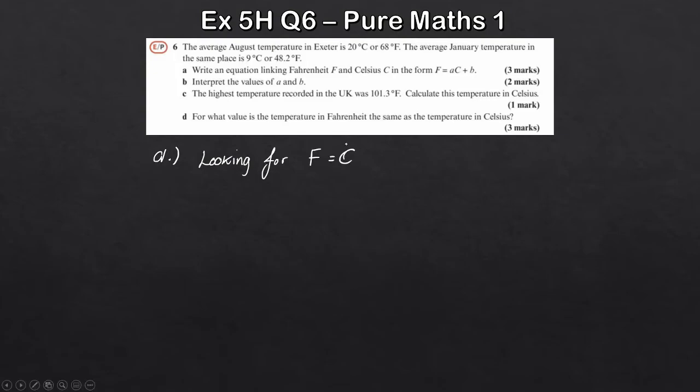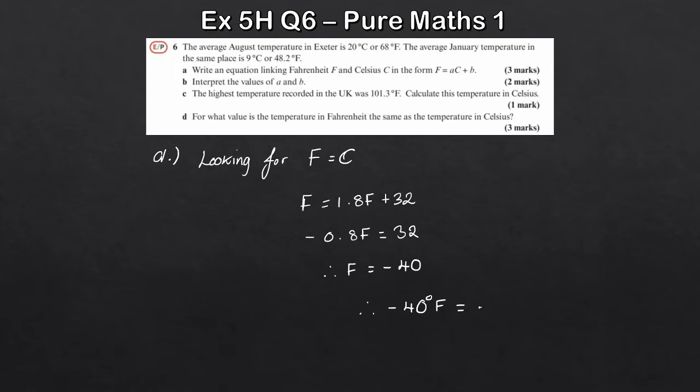So F equals C. So in other words, I can rewrite my equation here. So F is equal to 1.8F, if C is equal to F, plus 32. Okay, and again, all we need to do is just solve for F here. So this gives me minus 0.8F is equal to 32. Dividing through by minus 0.8 gives us minus 40. So therefore, minus 40 degrees Fahrenheit is equal to minus 40 degrees